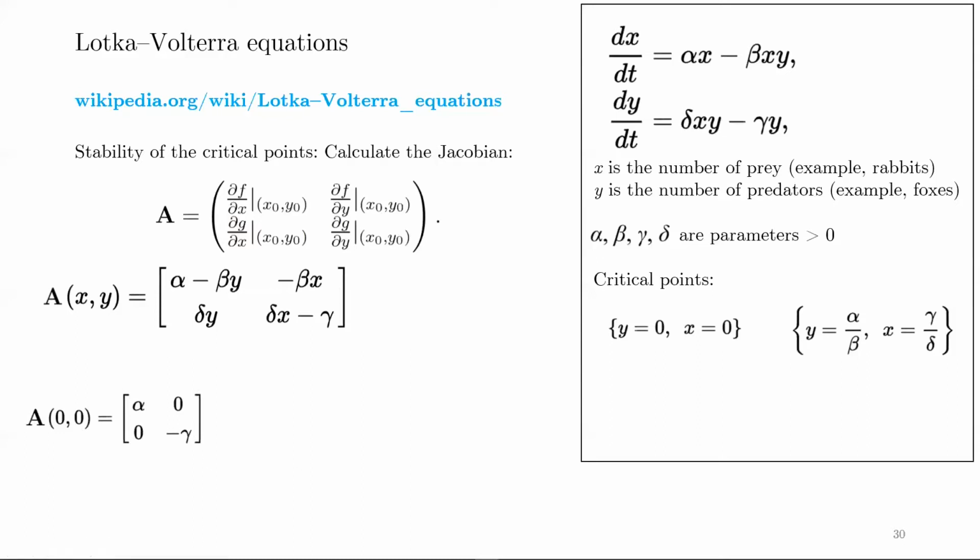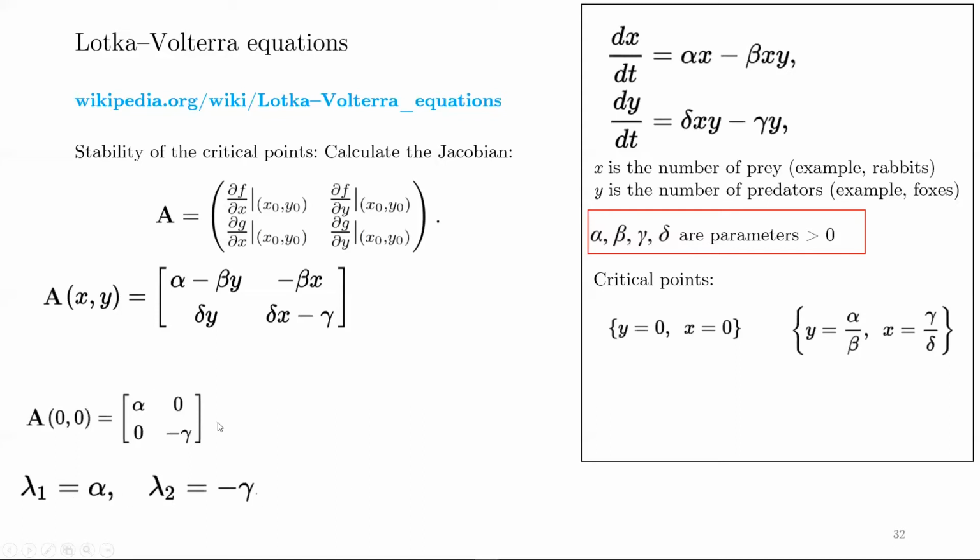a system where we can immediately just read off the eigenvalues, which are going to be alpha and minus gamma. Lambda 1 equals alpha, lambda 2 equals minus gamma. Remembering that all of these parameters are greater than 0, what we have is two eigenvalues which are of opposite sign, because alpha and gamma are both positive. Okay, alpha could be equal to gamma, so the only way that could be true is if it was 0,